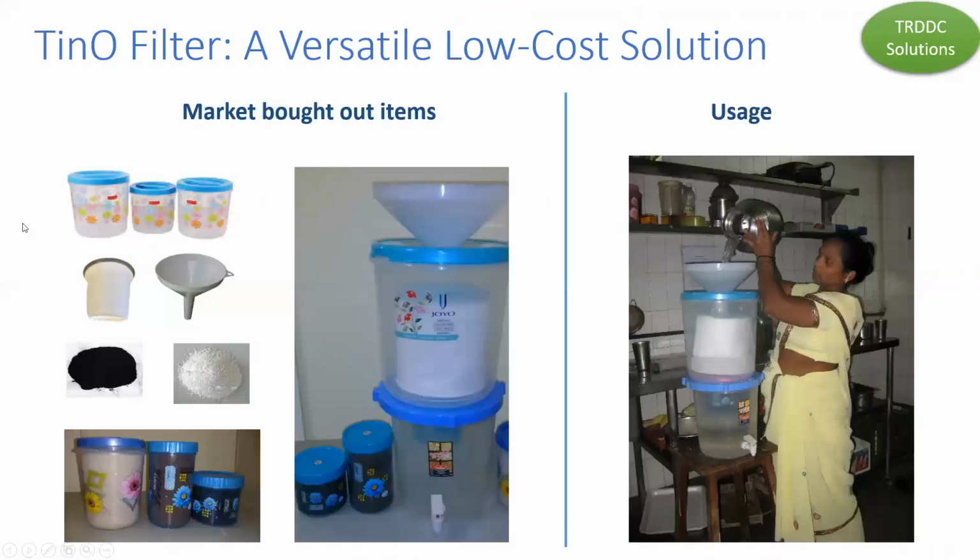Okay. So the idea was to come up with some technology which can really ensure safe water with a very small amount of money. So this was one technology we developed. Then there was a problem: okay, microbial is okay, but can we do something with the chemical problems also? So then we came up with this idea: instead of having such sophisticated cartridges, we can buy containers from the market and some raw material from the market, then package them and put them in a bucket. It will work as if it is